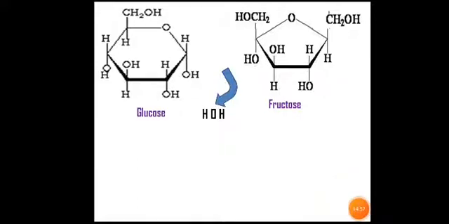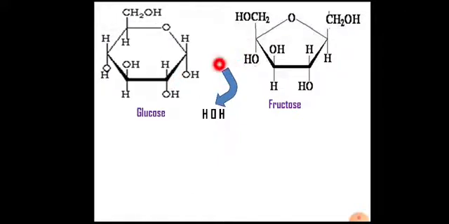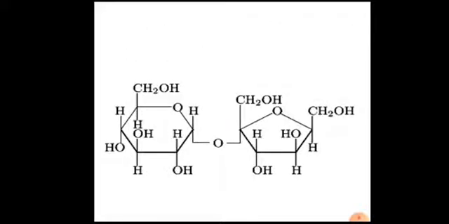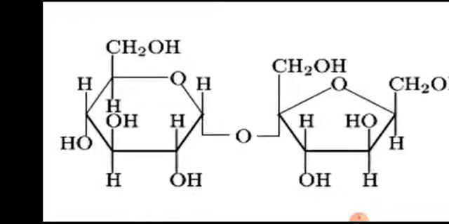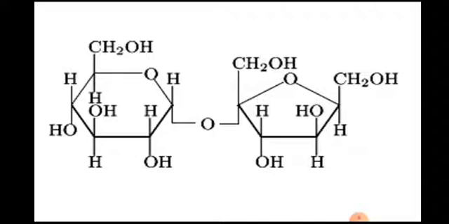So there will be release of one water molecule HOH, and this leads to the formation of complete structure of sucrose, as we have seen in earlier slides that this OH and this OH, they are going to be combined and it is going to form this O, this type of bond like this. We can see here that carbon number 1 O, carbon number 2 of fructose CH2OH. This is the complete structure of sucrose.